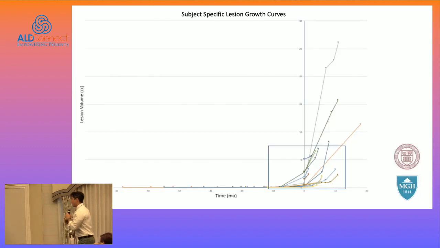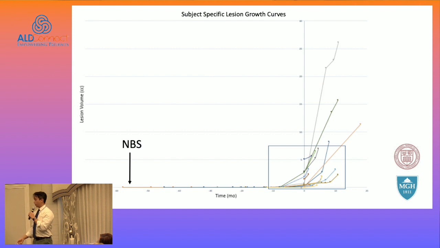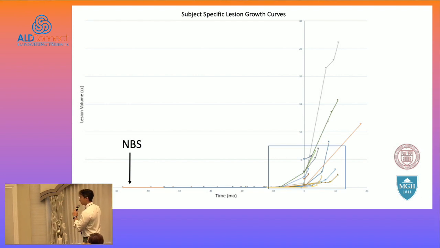So this is the work that I've been doing. Each one of these curves, I'll orient you in a second, is one patient. Each dot is an MRI, and on the x-axis is time. The y-axis is volume, the volume of the cerebral lesion. And I set time 0 to the time of your first abnormal scan. So this is what newborn screening really gets us. We can scan you, and you can have normal scans that tick along, and then all of a sudden, you get your first abnormal scan.